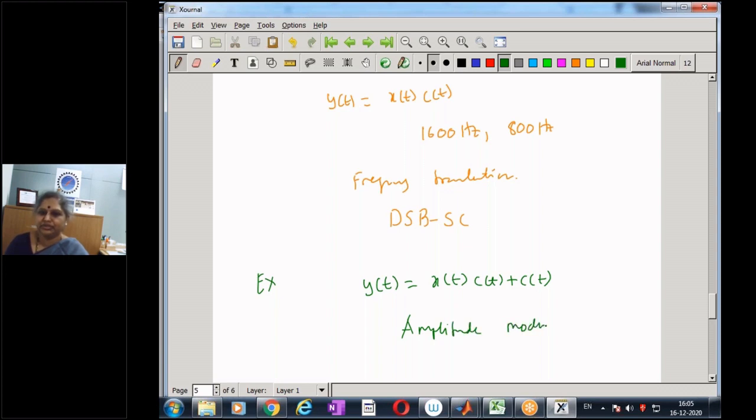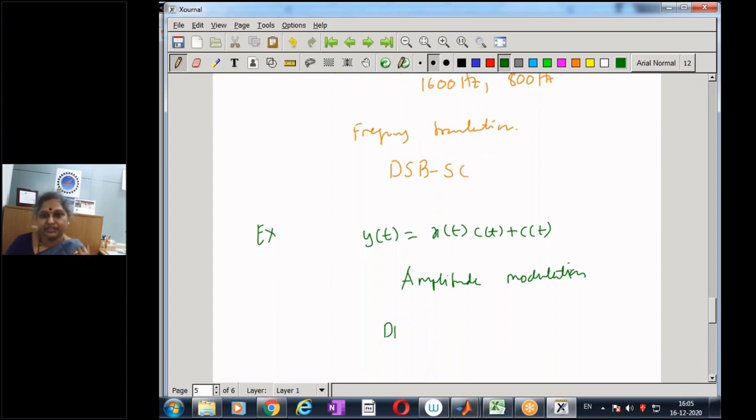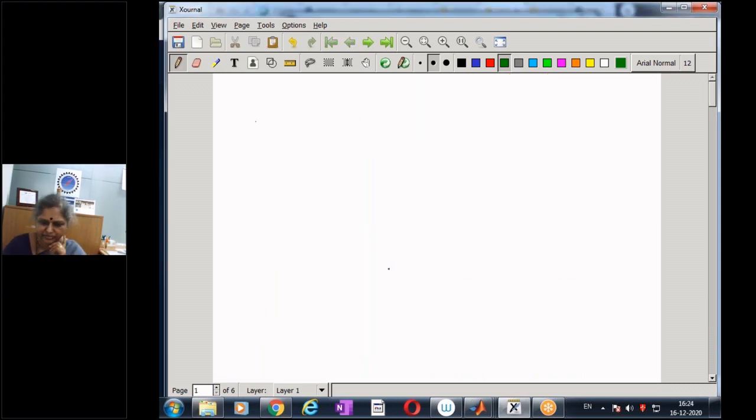This is known as amplitude modulation. So these are examples to just show how important and how useful the computation of the discrete Fourier transform is, when all courses and all examples can be related to the DFT.